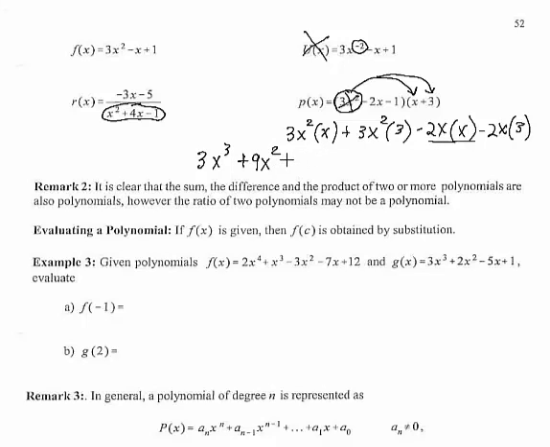This term can be written as a minus 2x squared. And then we have a minus 2x times 3, which is a -6x. Now I've finished with the minus 2x, and I distribute the -1, which gives me a -1 times x, minus x, a -1 times a positive 3, minus 3,